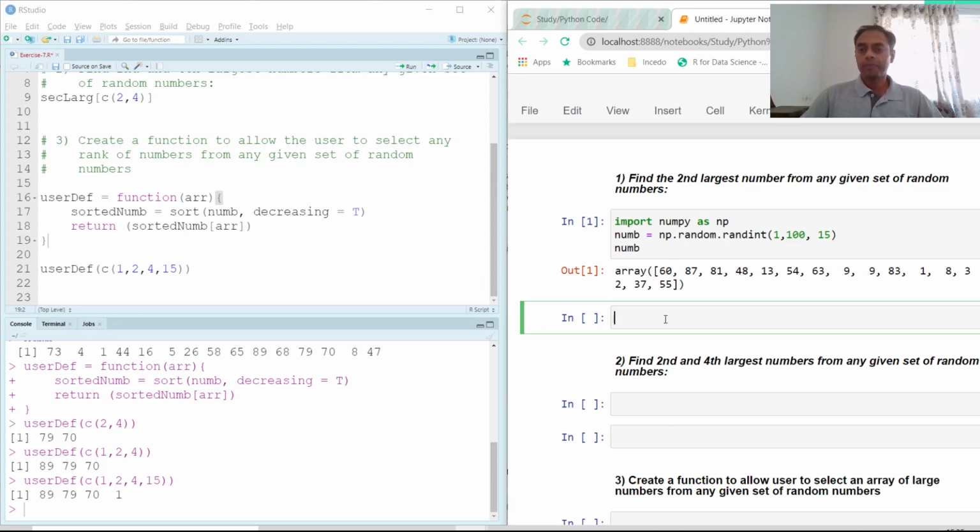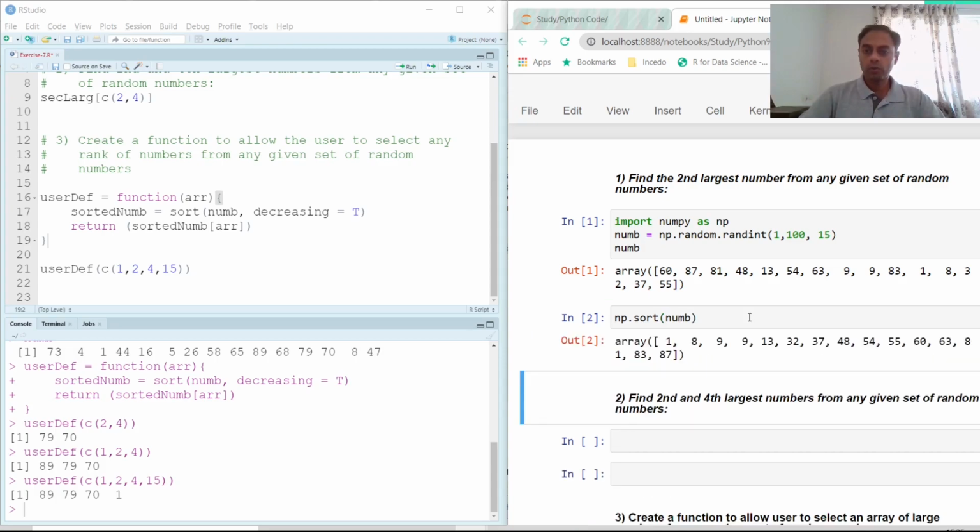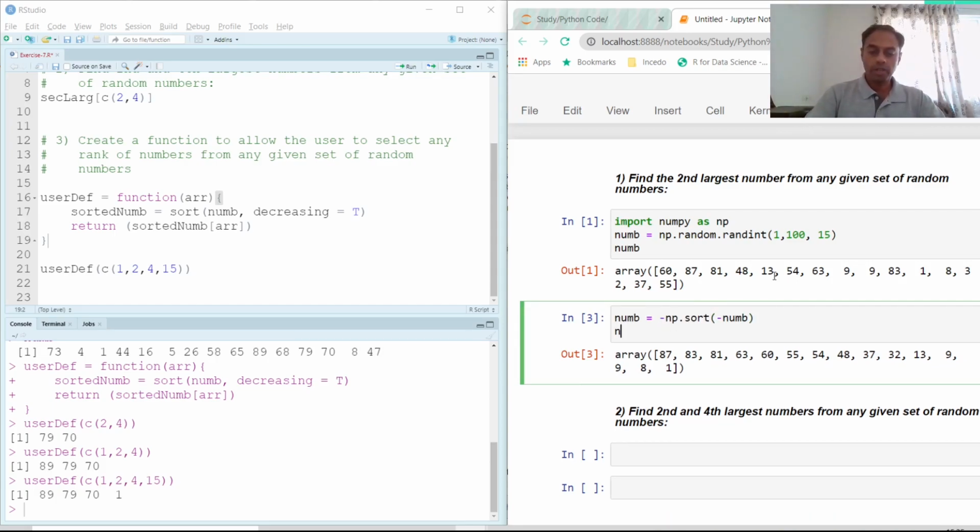So as we have learned, how do we sort numbers in descending order? We use the np.sort command, and we are going to pass the array num. Now if I do it like this, it would be giving me the ascending order, but I want it in descending order. So what we do here is, we have to pass a minus num and a minus in front of it. So once we execute this, we have this entire array in descending order. And let's overwrite it in the num variable itself. And now if I just print it, I would be getting the same output. It's exactly as it is.